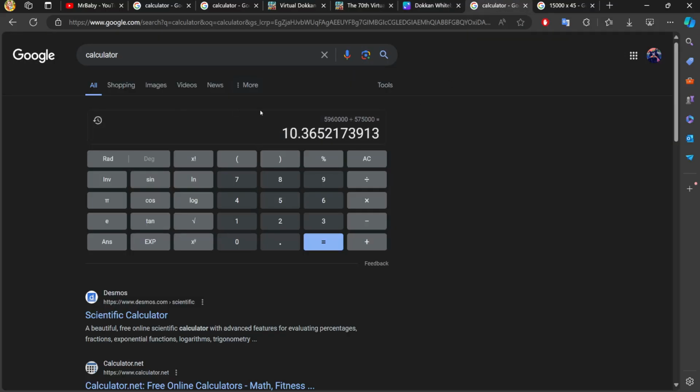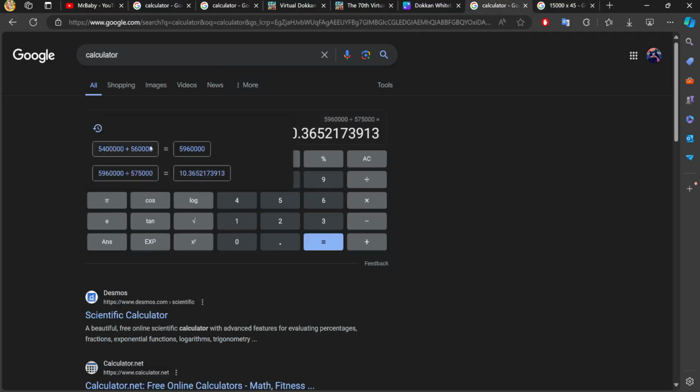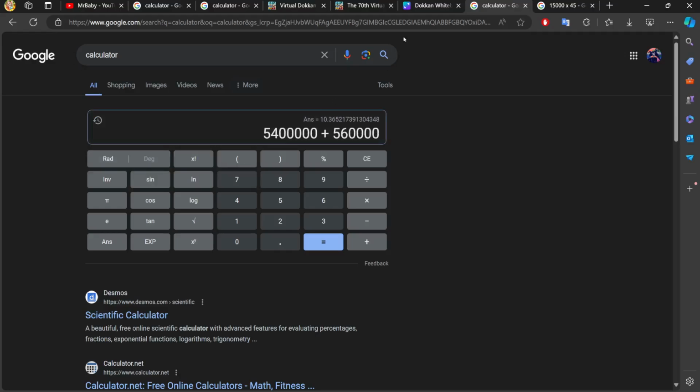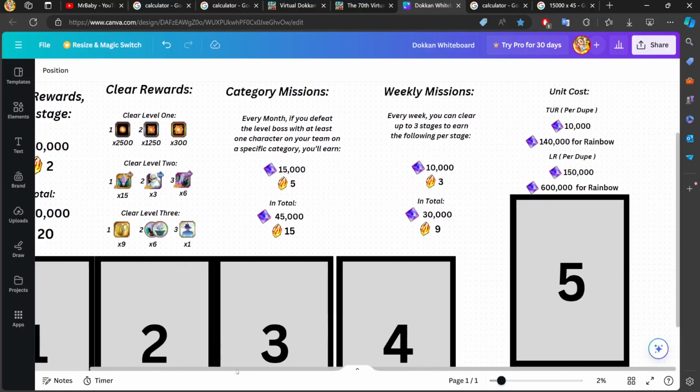Hold on. Was it here? No, it wasn't here. It was here. Okay, hold on. So, okay, here it is. Yeah, okay. So, 140,000 battlefield memory. If you rainbow all the characters, it's going to take you 560,000 battlefield memory. So, with this update, if you complete and get all the missions done, including the weekly missions,